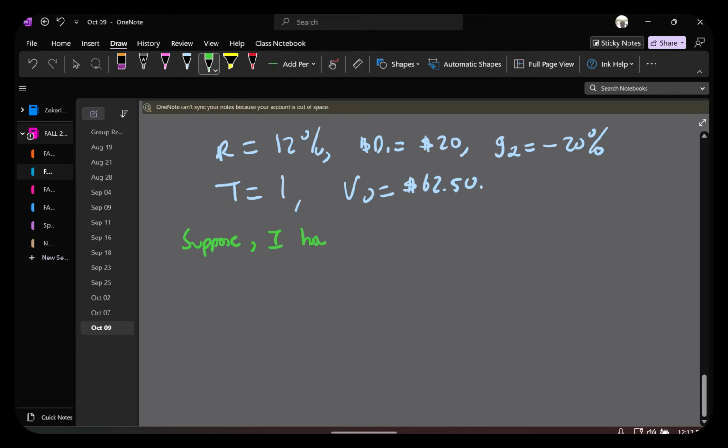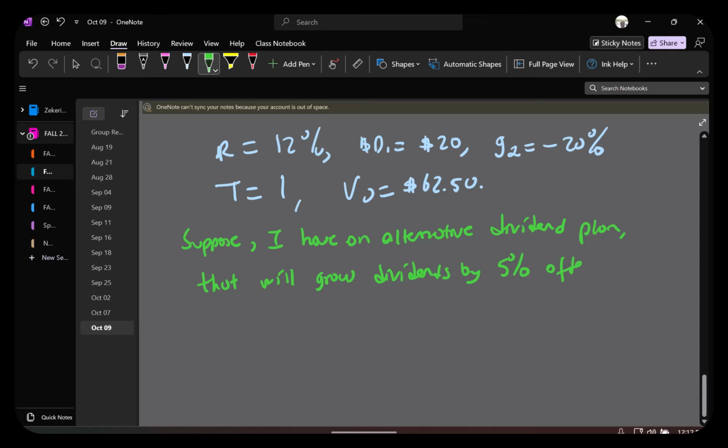Let's just write this down. Suppose I have an alternative dividend plan that will grow dividends by 5% after year one. To make this plan equivalent to the vanishing dividends plan,